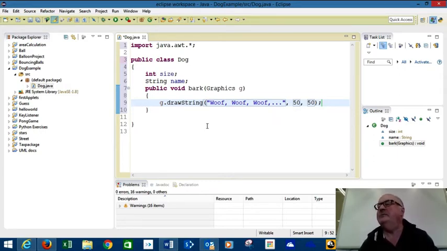And that's my method. So now I have a bark method which I can use with my dog. Now the next thing we need is a class. Every Java program is called a class, we'll get used to that, but I need another class which is going to actually make use of the dog method. So let's go back and create another class,